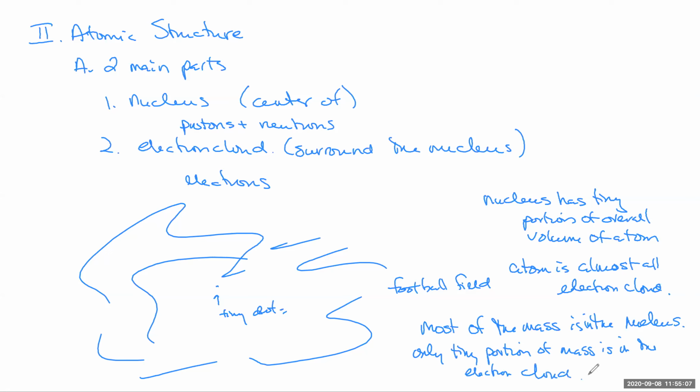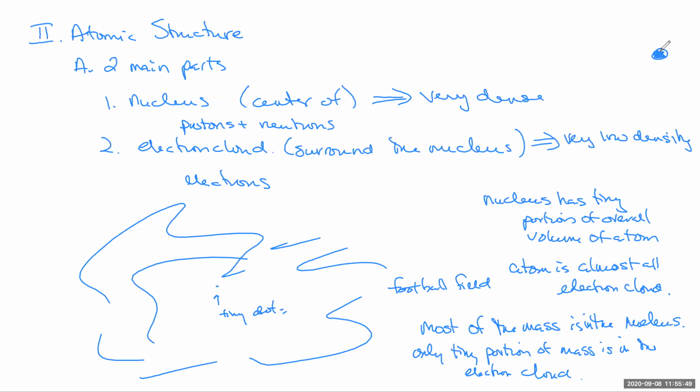So what does this mean in terms of density? The nucleus is very dense. The electron cloud has very low density. The nucleus is so dense that, this doesn't exist, but say you were to take a whole bunch of just nuclei and smush them together till they were the size of a small pea. If you had all this being nucleus, it would have a mass of several million tons. It would be an extremely massive thing. It doesn't exist. There's nothing that I know that is as dense as a nucleus. Even black holes are not as dense as the nucleus.